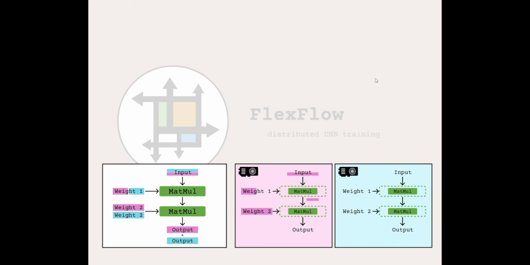But it turns out that I do then need to, let's say, duplicate them for weight 2. And then essentially what I will have computed is a kind of sum of the output. And so I'll need to take the outputs of each of these devices and sum them together at the end to get the correct result. Advantage of this, I no longer need to synchronize weight 1. Compared to our last strategy, it's a win. But I'm still duplicating weight 2. Essentially this kind of summation property